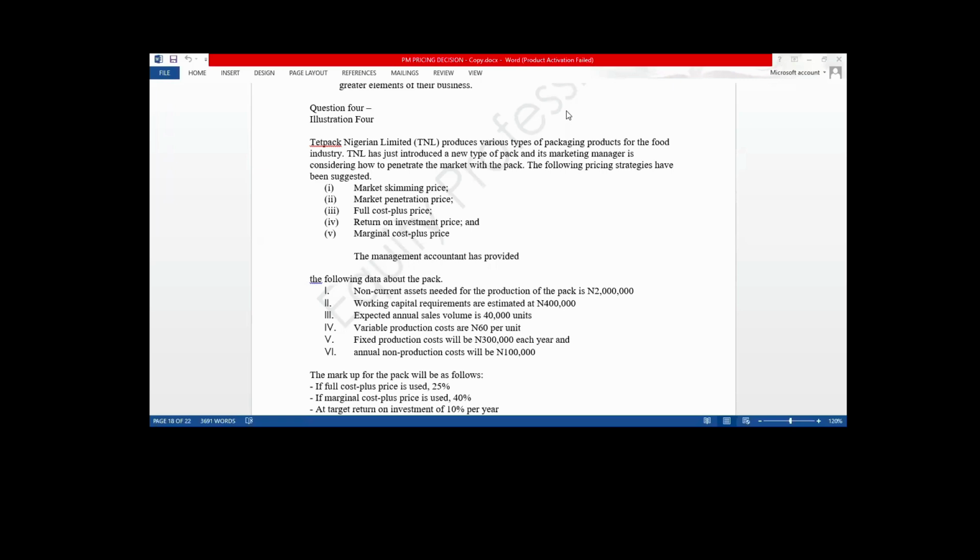All right, that's great. We are going to consider the total cost of the product. This includes the variable cost, the fixed cost, and other costs. In addition, we are going to add a percentage markup to the total cost. That will arrive at the selling price. All right, thank you.